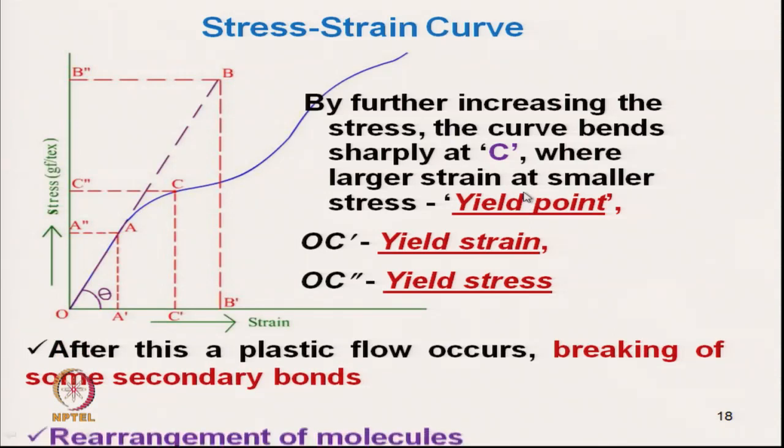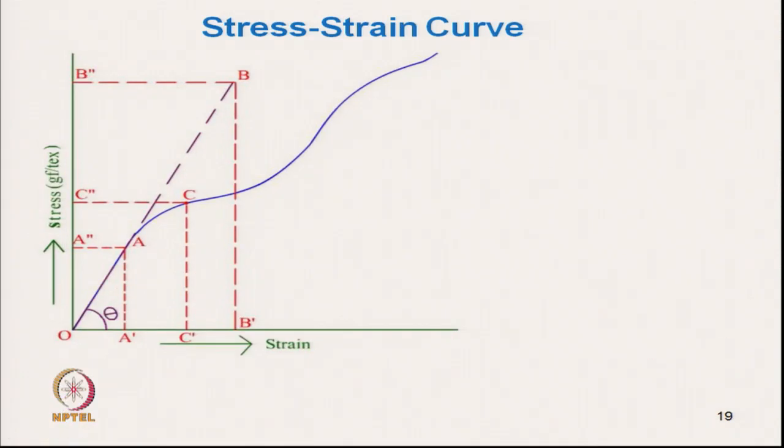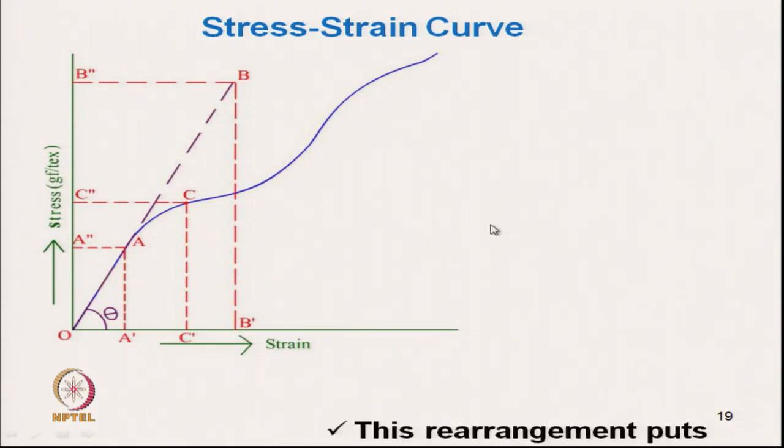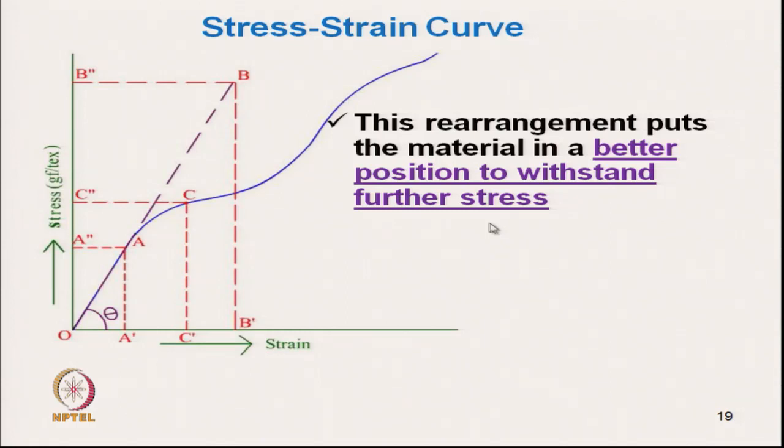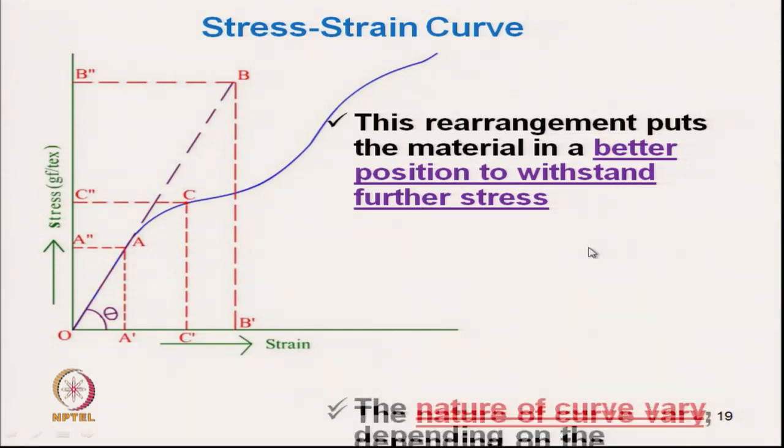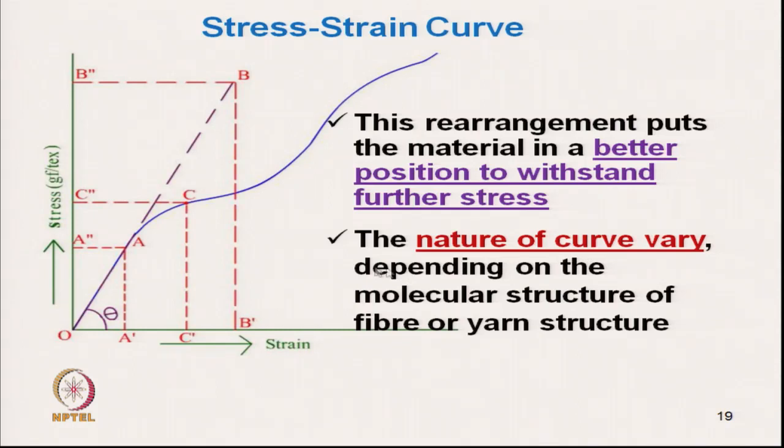This we have discussed, and the total nature of the curve. Beyond the yield point, due to rearrangement of the molecules, the curve again increases, and the nature of the curve depends on the molecular structure of the fiber and the